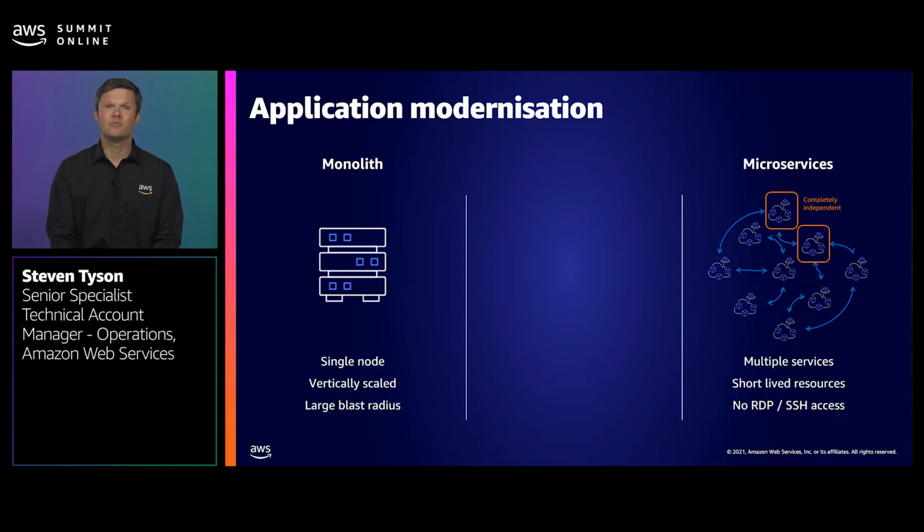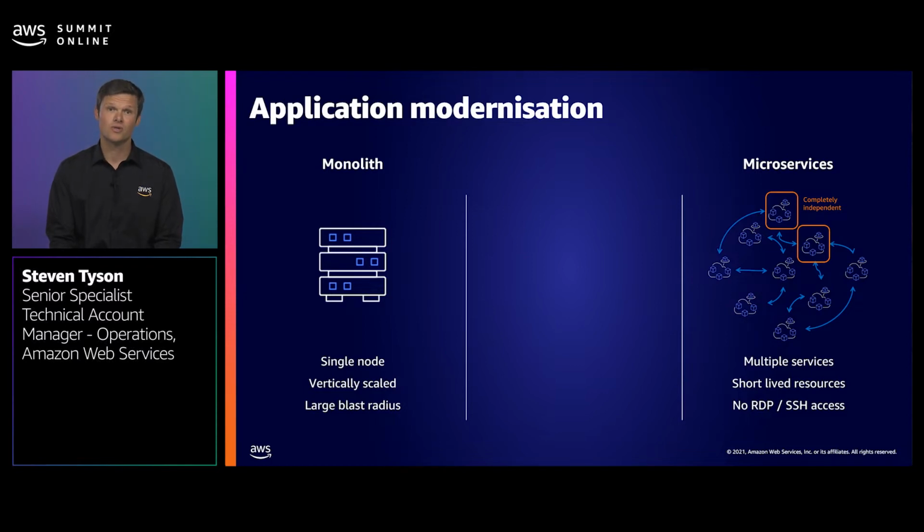But any caring IT administrator will immediately have concerns. What happens if Jane has an incident in this environment and needs to resolve an issue? There is so much to monitor. Monoliths have servers as their compute, but microservices have containers, functions, and all sorts of other services. Jane won't be able to access anything via RDP and SSH. Things are created and deleted every minute or even every second, and people are using multiple services and multiple development languages in those services. So the question is, will the way Jane has performed monitoring with a monolith work in a microservices model? And the answer is going to be no.